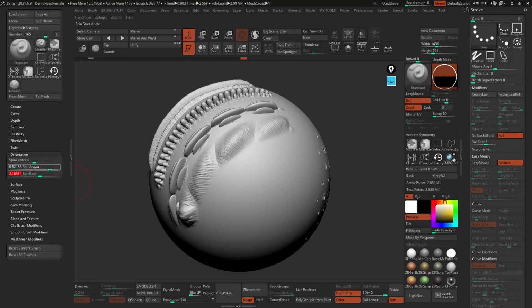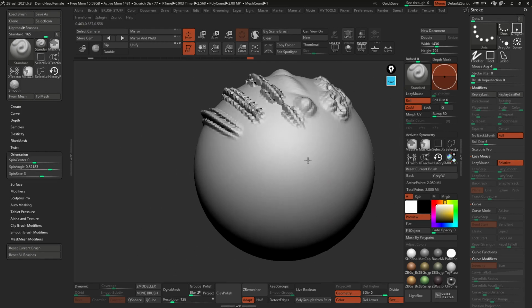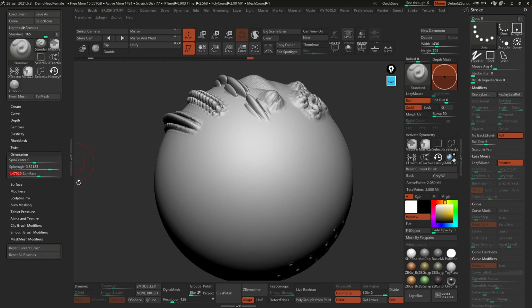How fast is ZBrush spinning that alpha? At 0, it was taking a while, but if we set it to 3, we get this spinning. So obviously it's just a matter of finding the right balance between all of these settings. Let's go to another space here. I think that's enough. Let's reduce the spin rate a little bit and decrease the spin angle. Again, there's no formula, and I won't give you exact numbers to put in here. It's better to just experiment with those.